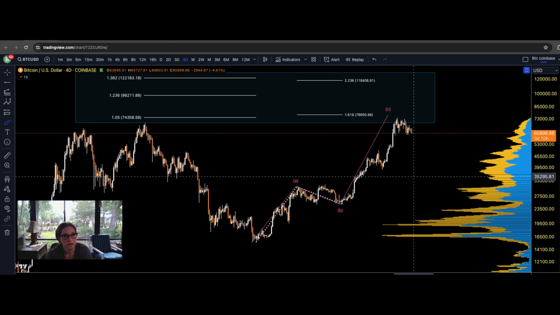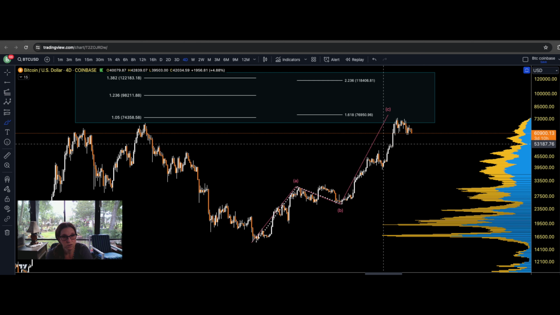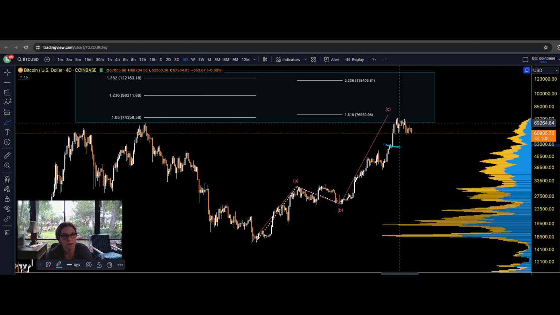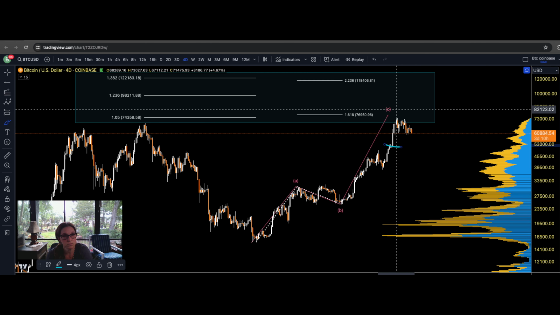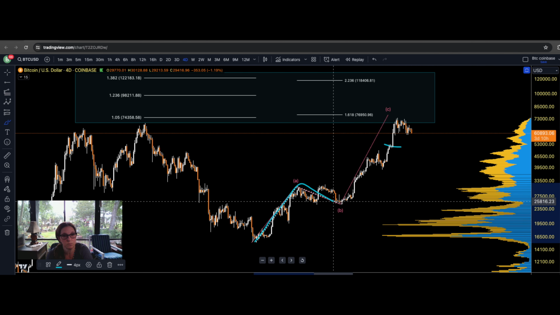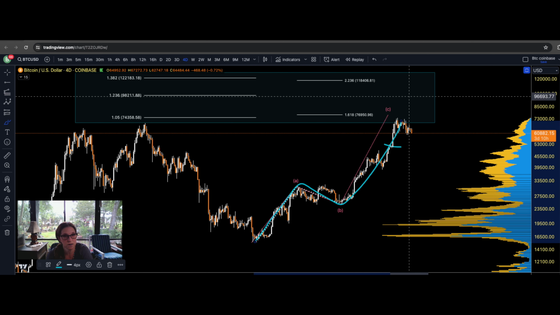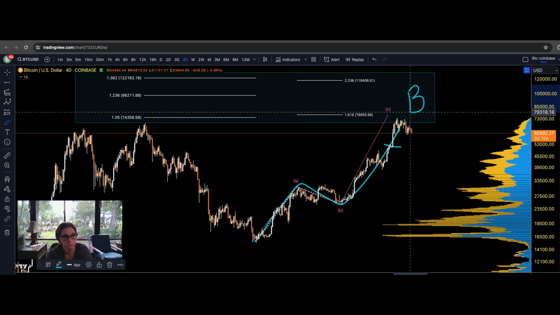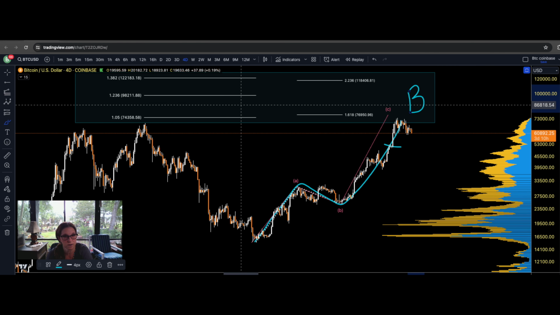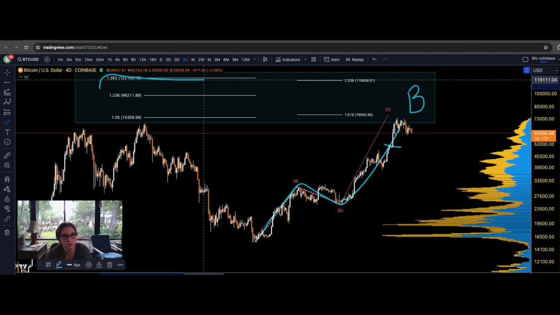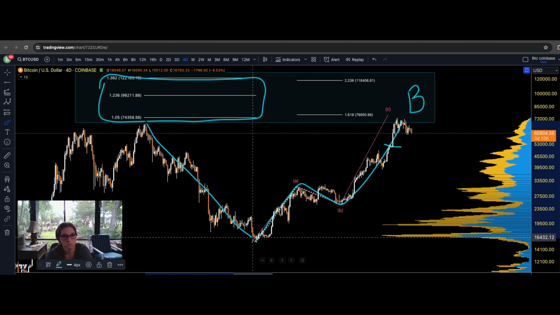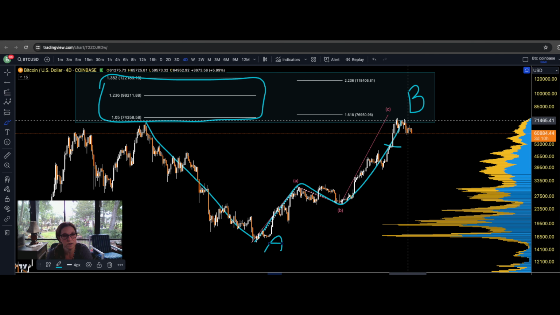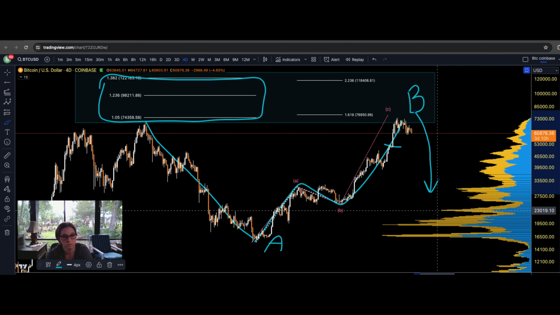So with that being said, that leads us into the bear scenario. Breaking this correction would automatically lead into the bear scenario. The bear scenario is that Bitcoin has created an A, a B, and a C wave. This leads into a higher degree B wave. This is what we call the expanded B pocket, coming into these extensions here, creating a B wave. This would be an A, and we would be going to the downside in a C wave.